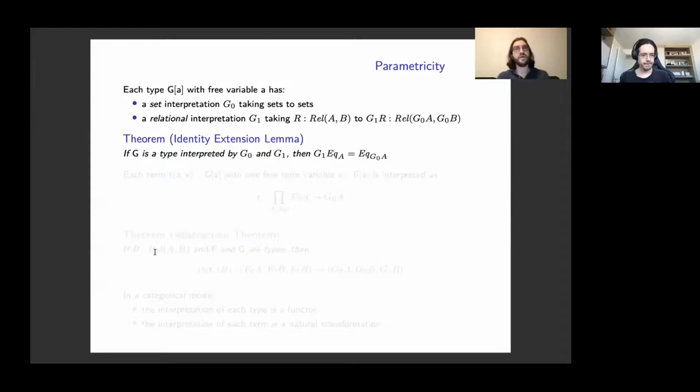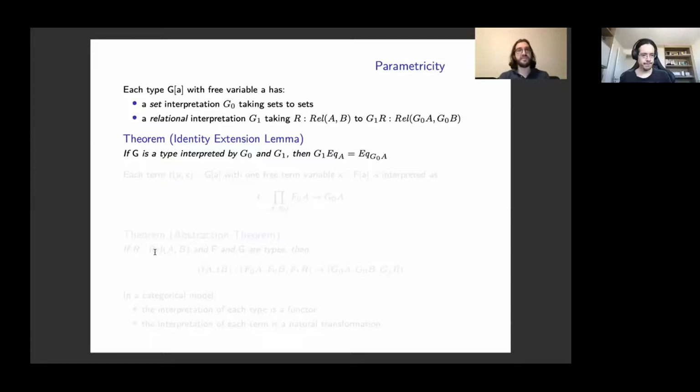A parametric model requires two interpretations for types: a set interpretation taking as input the sets interpreting the type arguments and producing the set interpreting the data type, and a relational interpretation taking as input the relations interpreting the type arguments and producing the relation interpreting the data type.